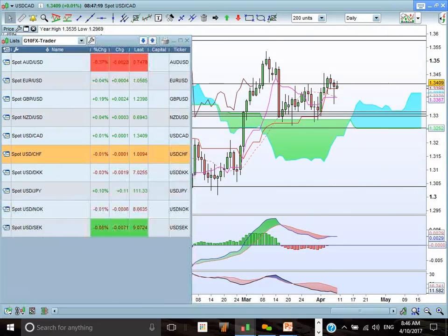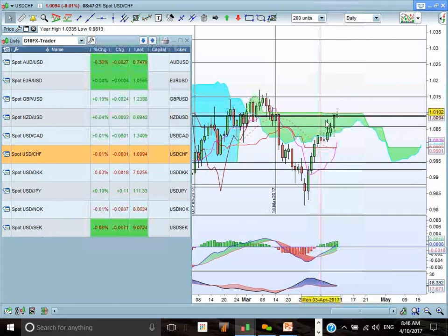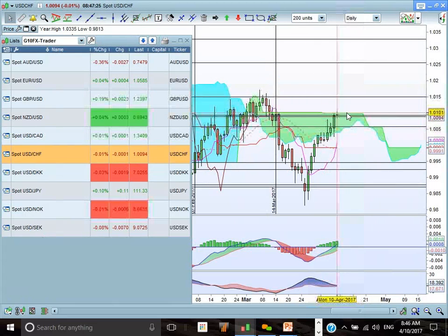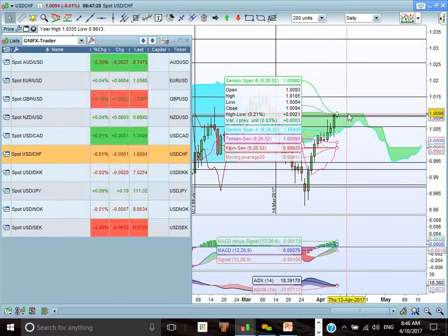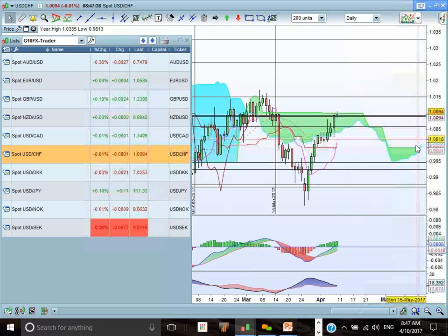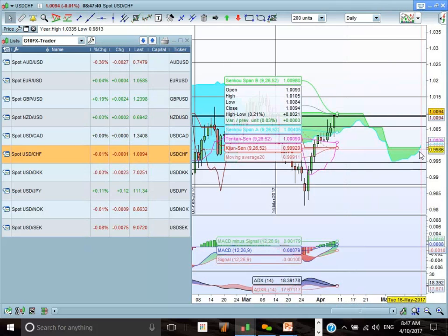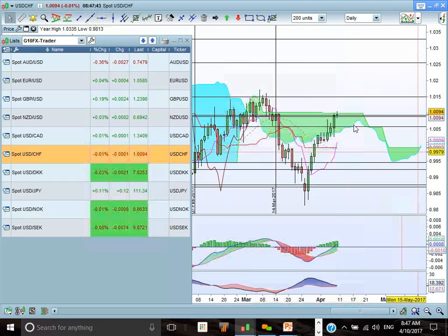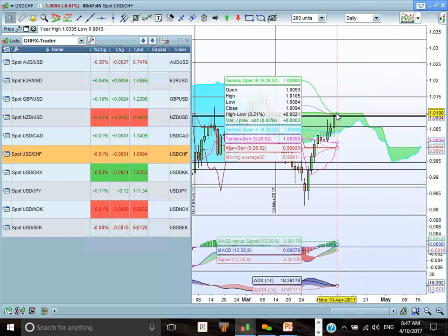US dollar, Swiss franc, critical level, fighting for resistance here at the top end of the cloud. If we have a breakout here, that would be great. If this breakout fails or the resistance holds, it looks like we're going to head back down. Interestingly enough, the front end of the cloud here has done the cloud twist, so we could see further upside coming. But we need to see a breakout past this 1.01 resistance zone. A significant breakout past that level